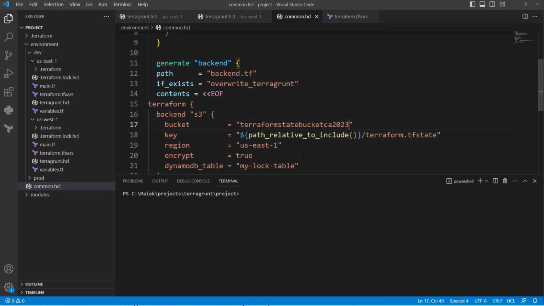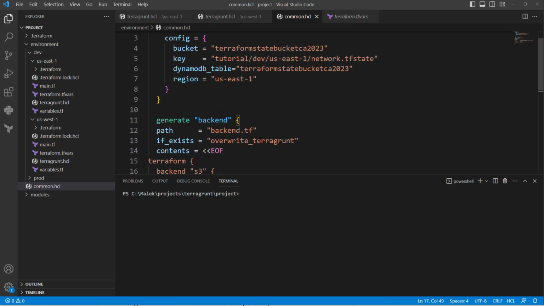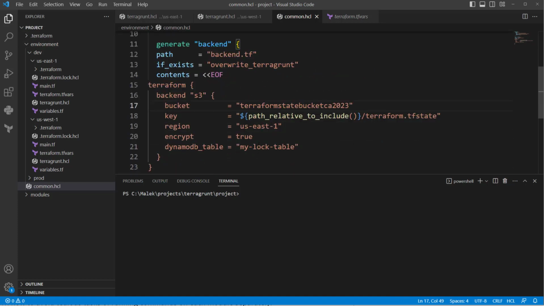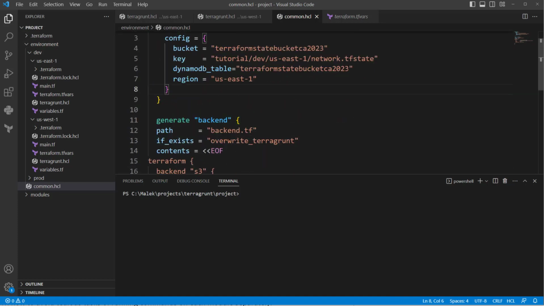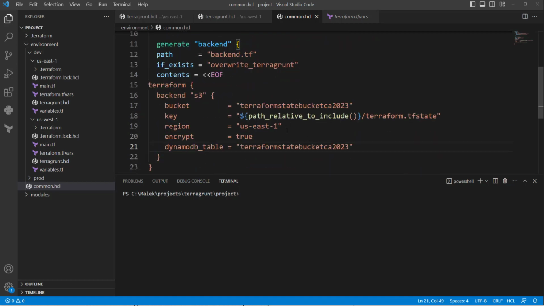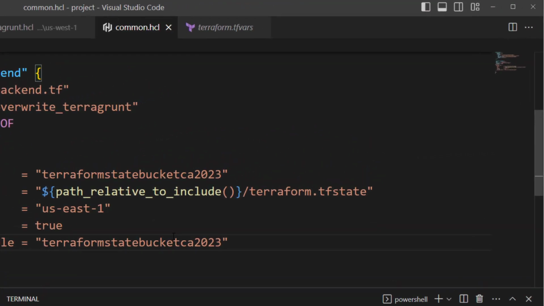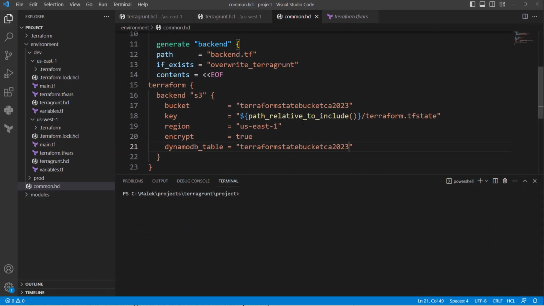For the key, leave it as is at the moment. Region US East 1, DynamoDB, let's copy the DynamoDB table. Only for the key. For the key, you see here, it is using one of the Terragrunt functions, path relative to include. Leave it as is, I will explain it. Let's go back to